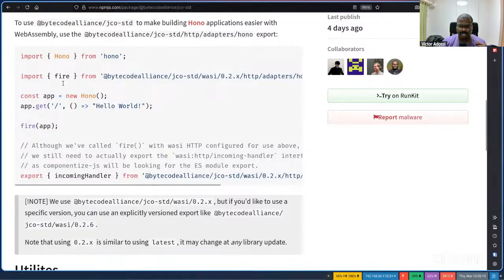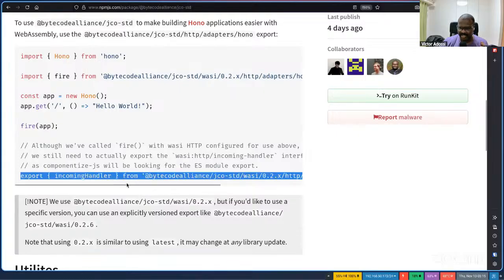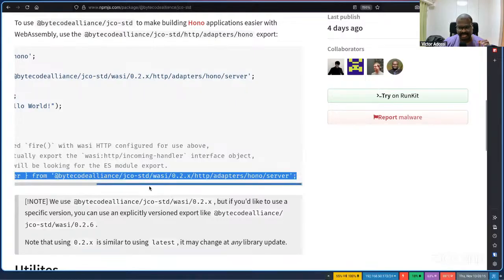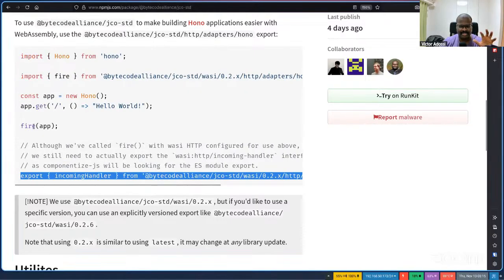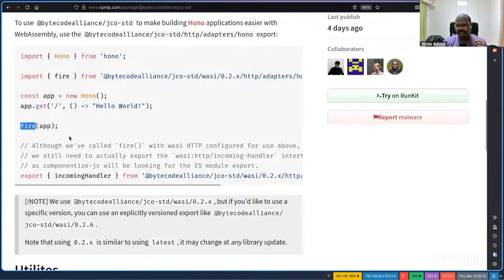Normally, calling this line would be all you needed to start your Hono app. But because we're using WebAssembly, there's a little bit more required: we have to add an export that is an incoming handler. What that means is it handles incoming web requests, right? So we add that here at the bottom. Again, this handler is actually built for you, so all you have to do is export it. You don't have to implement it. Behind the scenes, it gets implemented when you call this. And with only these lines of code, you have a working Hono server that looks mostly like a regular Hono server.